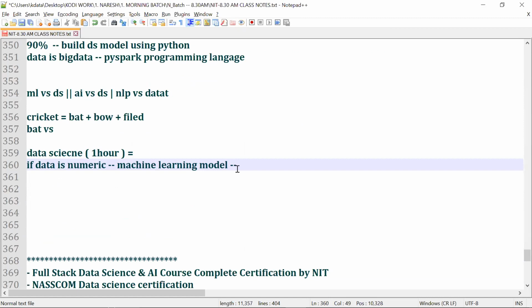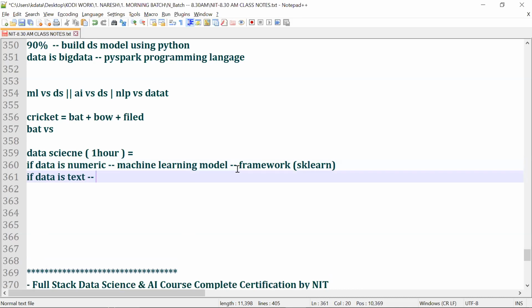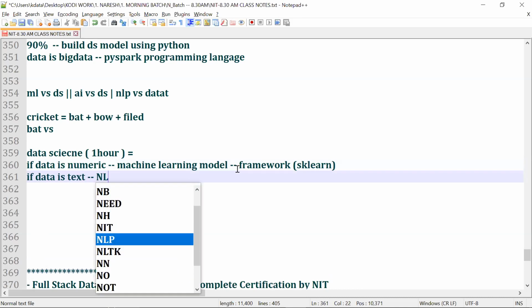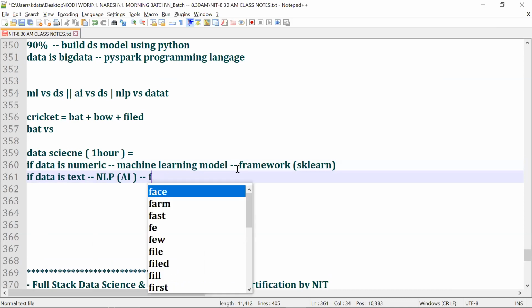For machine learning models, the framework we use is sklearn, scikit-learn. Everybody's clear? If the data is text, then we use NLP, which is called AI. In AI we have the first technique called NLP, and you might ask, sir, what is meant by a framework?